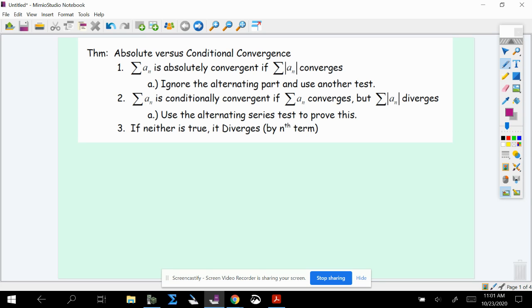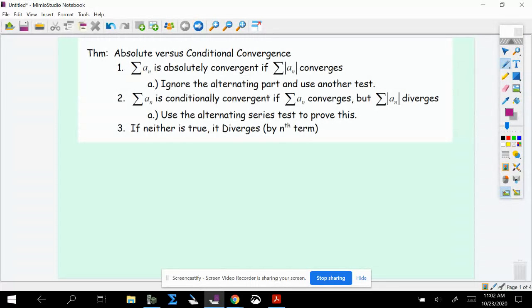We have one final piece in 9.5 that I figured was a good thing to do on just a short day at home. And it's dealing with this one theorem that you see on the screen in front of you. We're going to talk about what it means to be absolutely convergent versus something called conditional convergence. And basically, you're going to read this theorem like a flow chart, where you're going to go through,